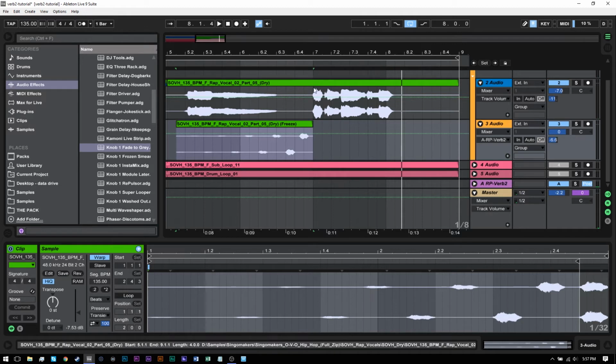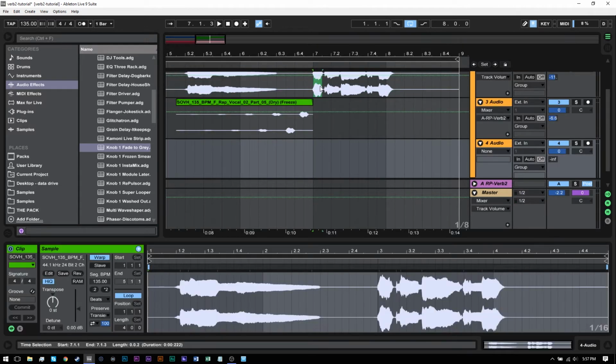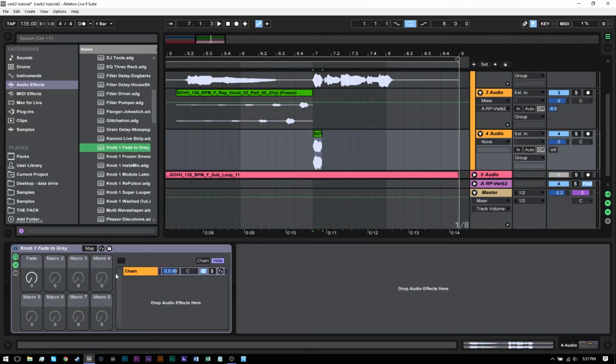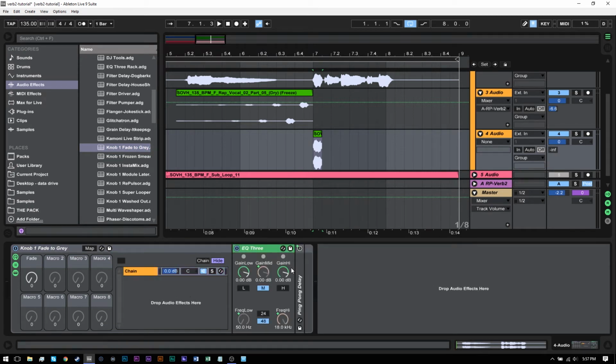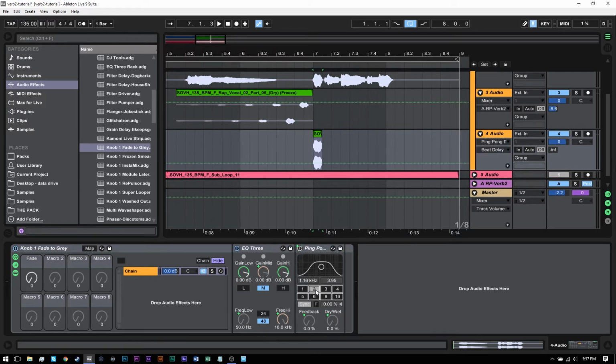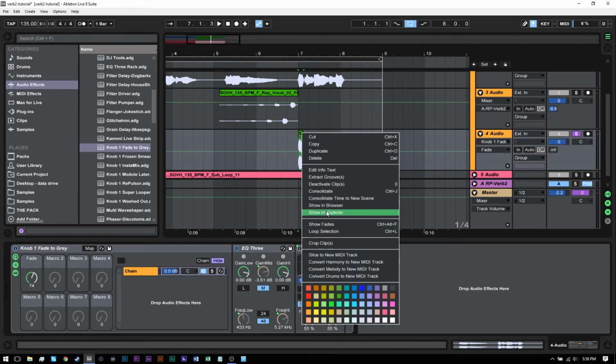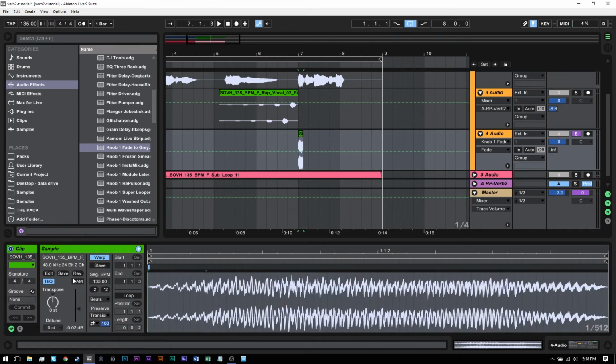Awesome. And if we wanted to do it a little bit quicker, we could always just come in and let's do it again. So let's get the break, bring it down into its own track, take Fade to Gray. We can come inside of Fade to Gray, inside of the chain, inside of the ping pong. And as you can see, it's on 3 right now. We can actually change that to, let's say, 2. And now it's a little more repetitive and happens a little bit better here. So what I could do now is again, consolidate, double click, reverse,